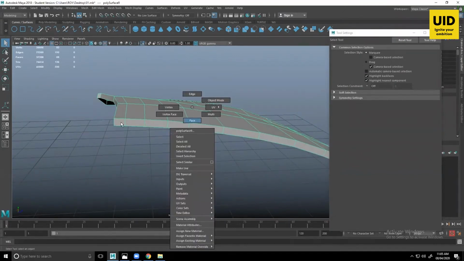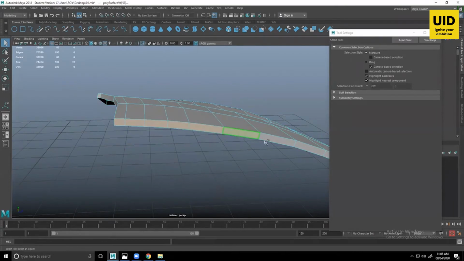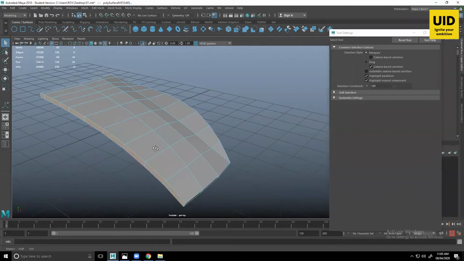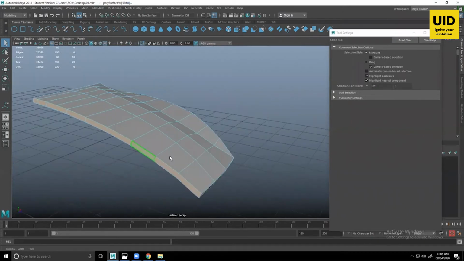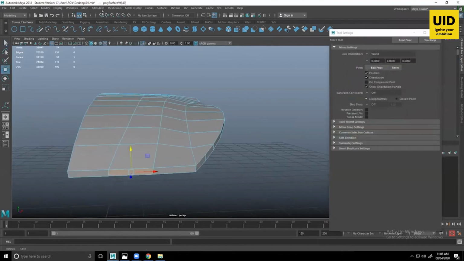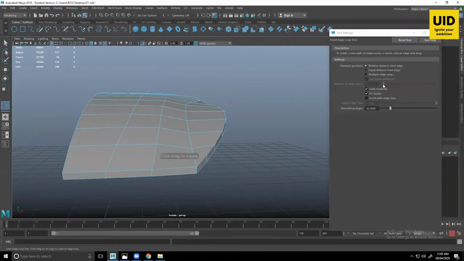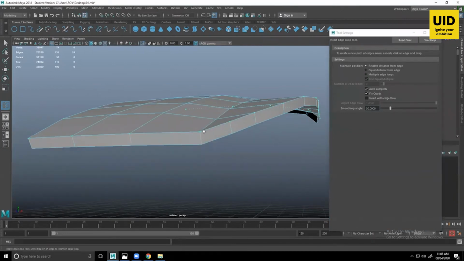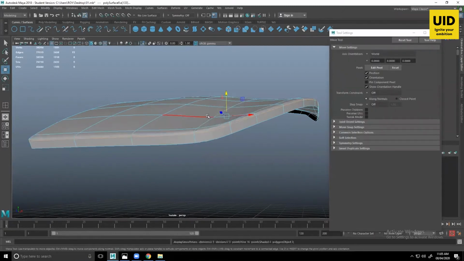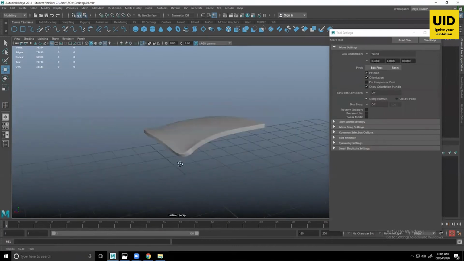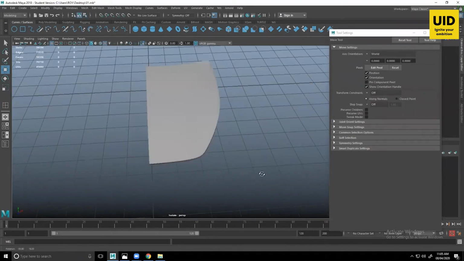And now I'll remove these faces because we don't need them, because we are going to copy this on the other side. So we don't need these center faces. Okay. I'll go to my insert edge loop tool and reset my tool and I can add one edge over here. Now if you press 3, you can see we have nice sharp corners flowing through the entire part.